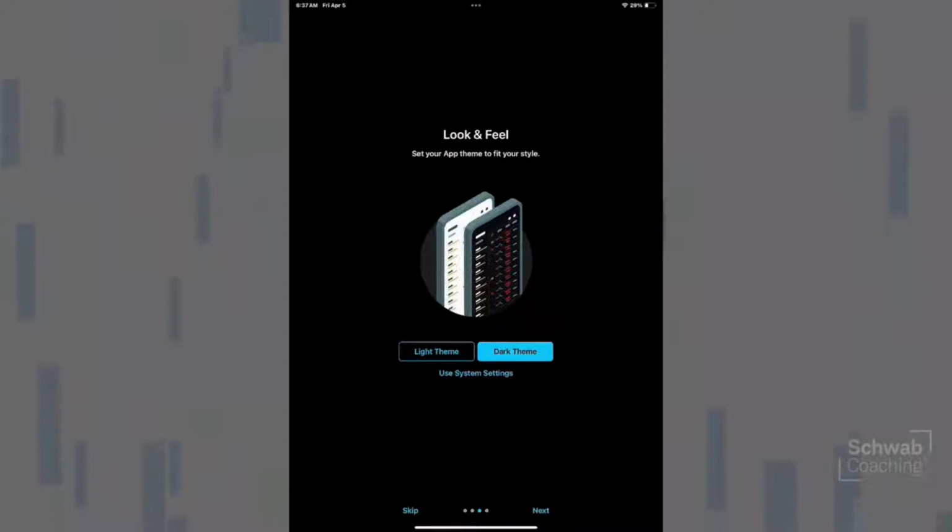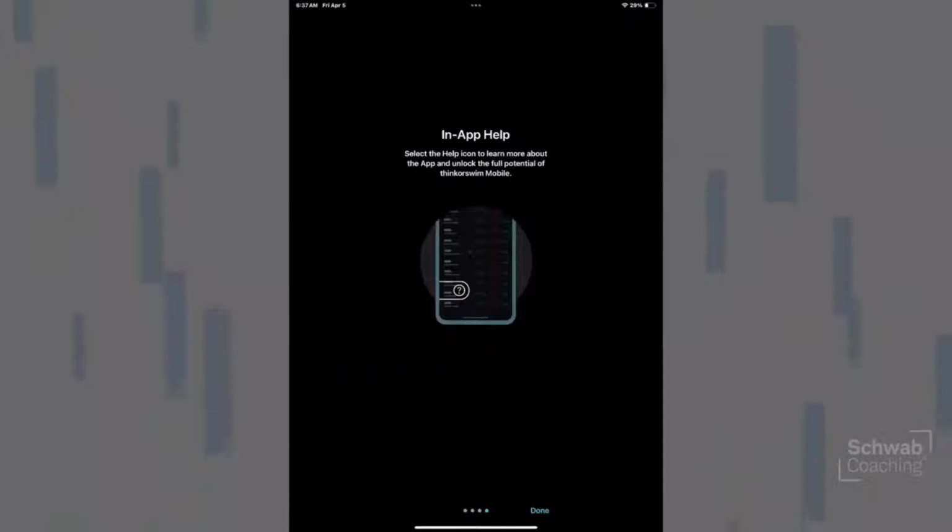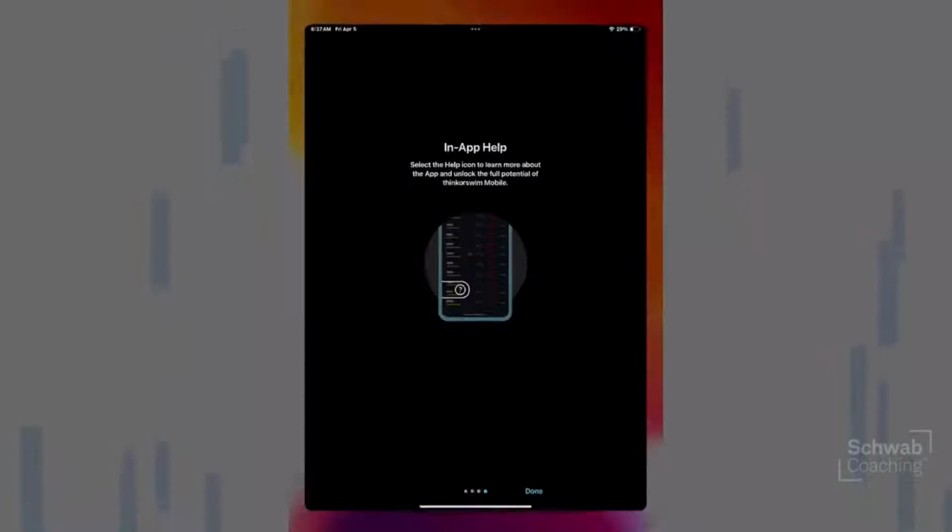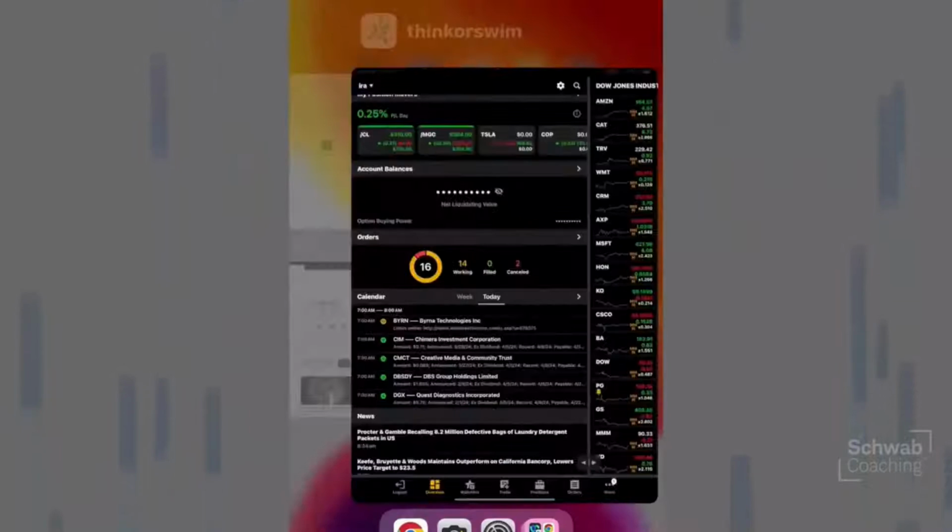For our class today, we'll be using the dark theme. And the last one I think is important is if you would like to also get some in-app help, okay? These are screens that you will see when you log in, okay? And then you could say if you want to do those or not. Now let's go back to this just real quick and look and see